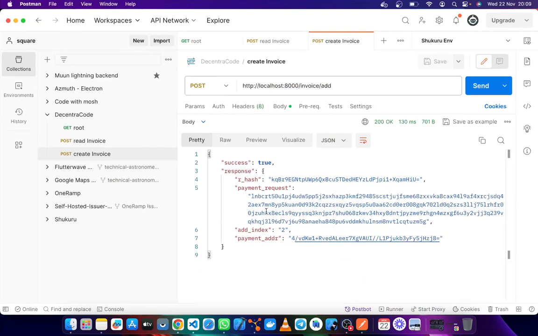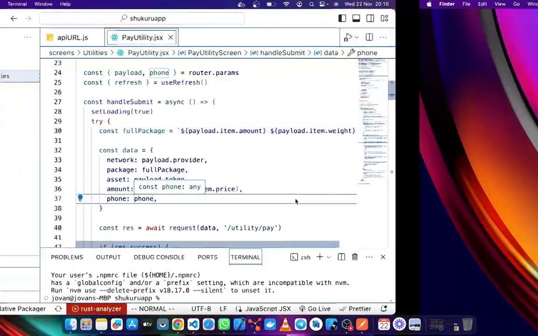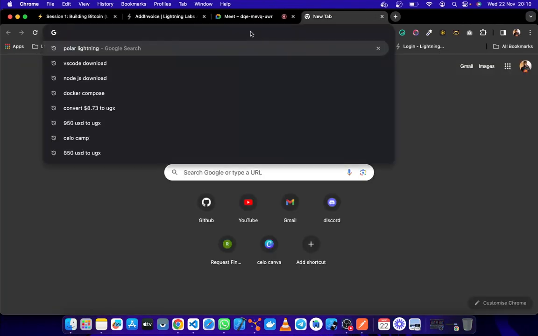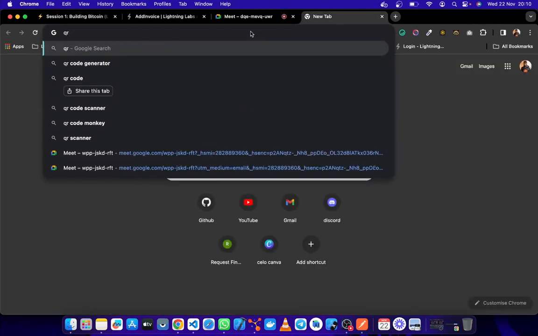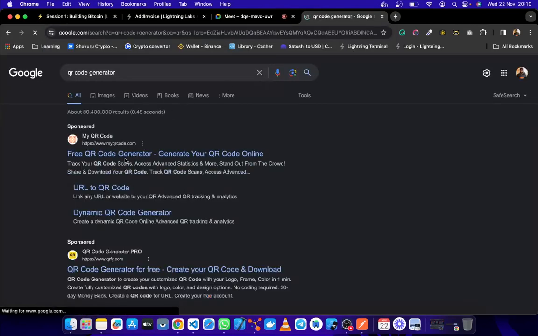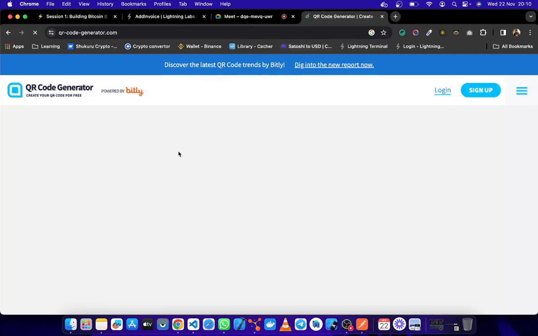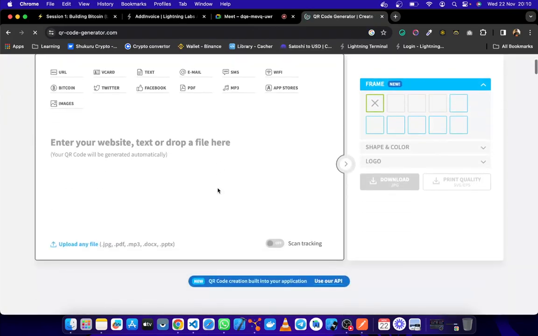So yeah, it has created the invoice, and like I said, when the moon guy creates an invoice, this string will be encrypted in a QR code. So maybe let me try. I don't know if we have time, but I'll try to show you how a QR code does that. There's a website called QR code generator. I don't know if I can find a free one so that you can see what that thing does for you.